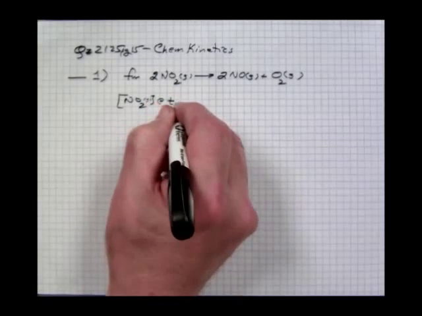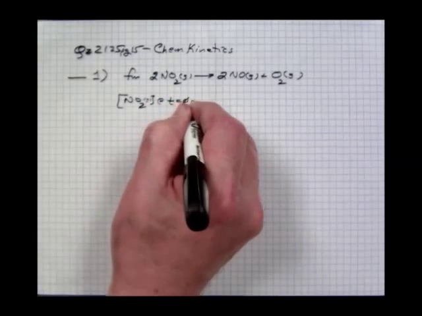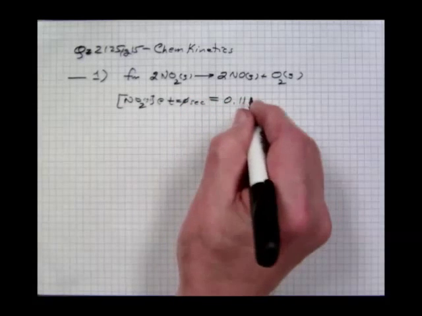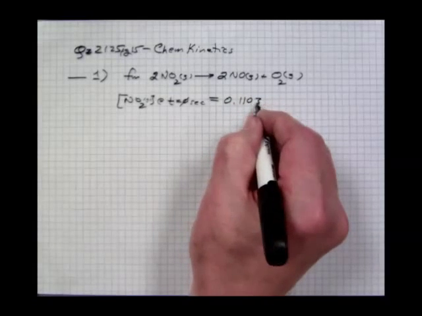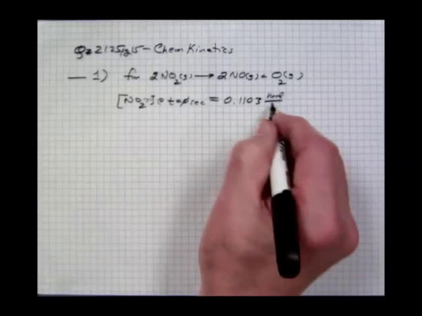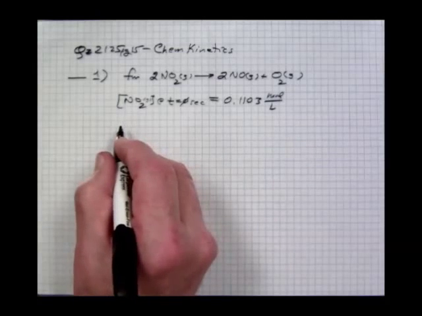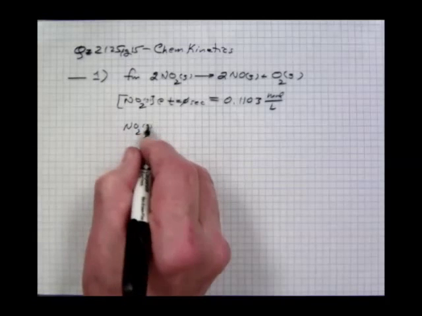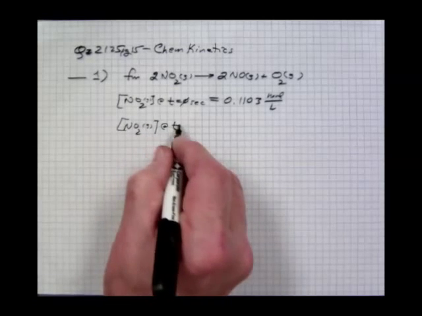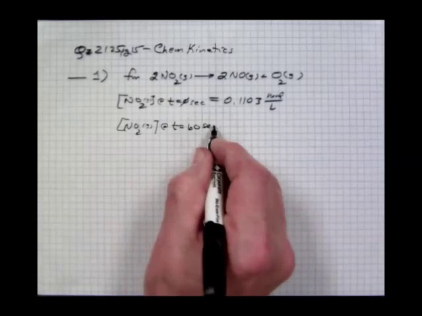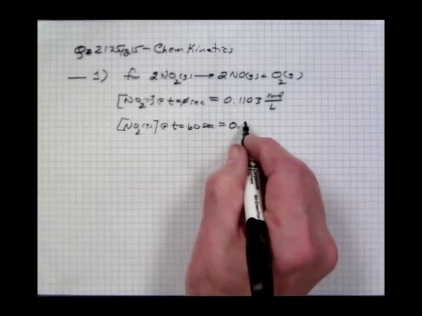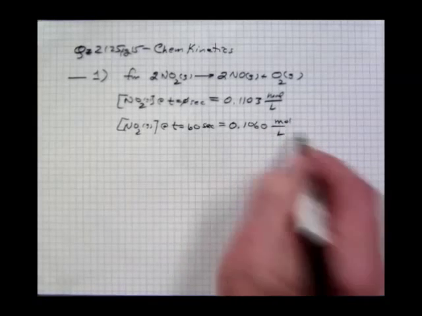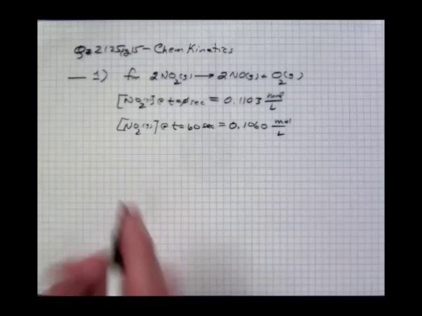At t equal 0 seconds is equal to 0.1103 mole per liter. And then at 60 seconds, NO2 gas at t equal 60 seconds equals 0.1060 molar per liter. And so to get the rate average,